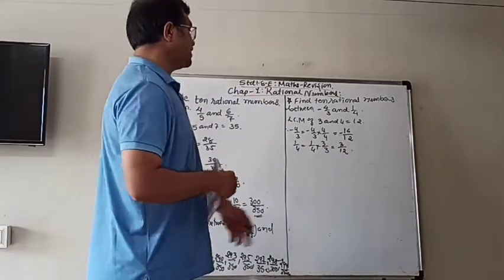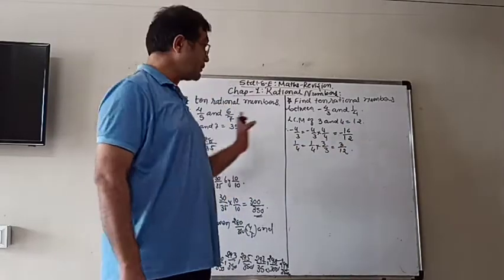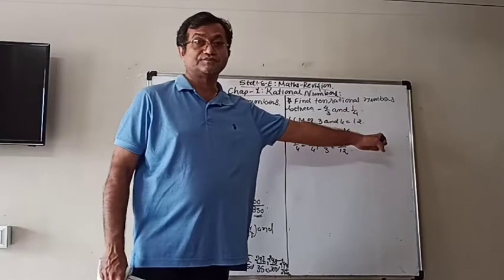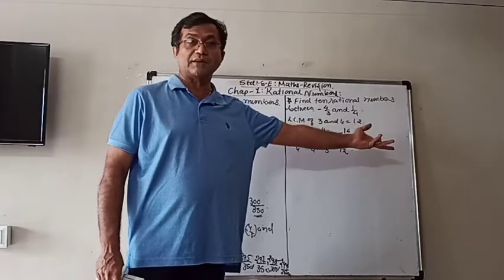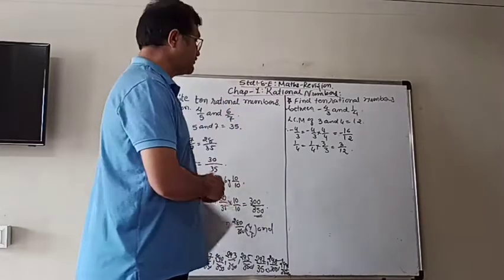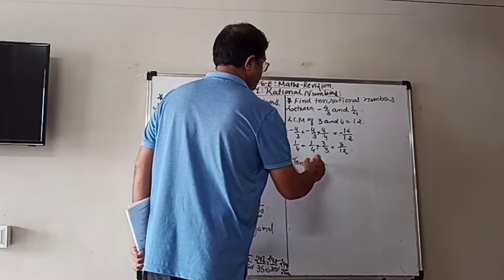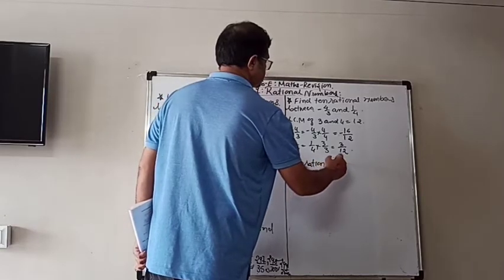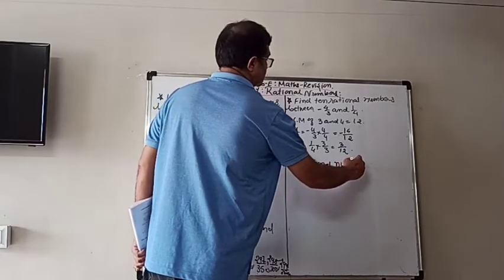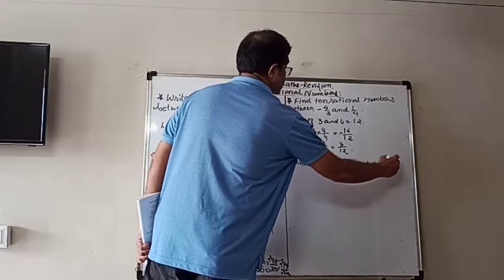Now we can see that we already have a big range from minus 16 to 3. We have enough numbers, so we don't have to multiply them again. Therefore, 10 rational numbers between them are,